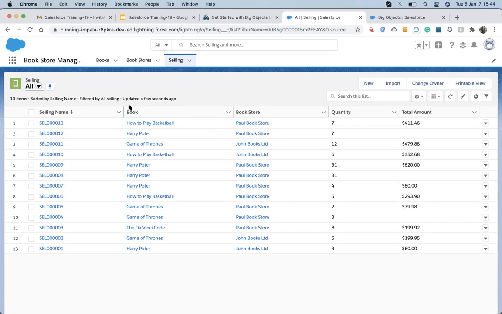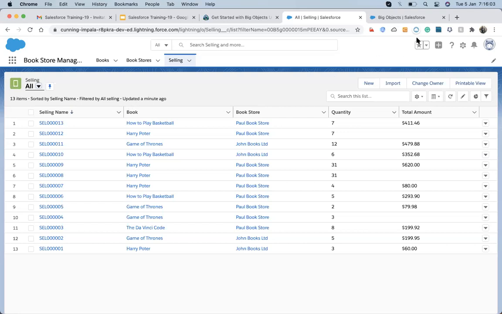So as an admin, whenever we get a requirement for something that is not available in Salesforce and we need to find a custom solution, at that time we don't go straight to a custom solution. First we have to go to the App Exchange.